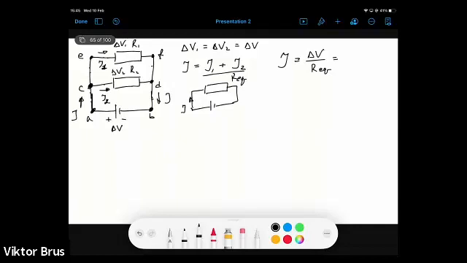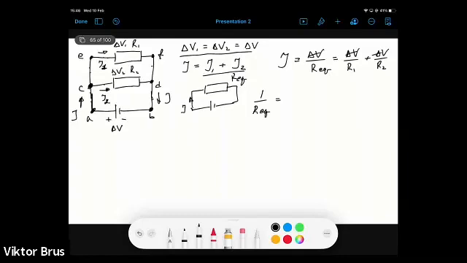It will be delta V divided by R1 plus delta V divided by R2. So I put already here delta V because we have shown here that delta V1 is equal to delta V2 and equal to delta V. So now we can cancel out this delta V, and as a result we get this equation,